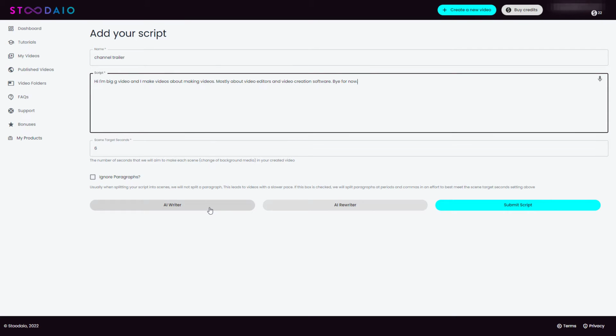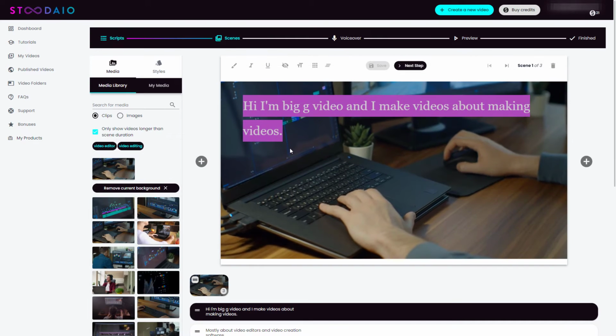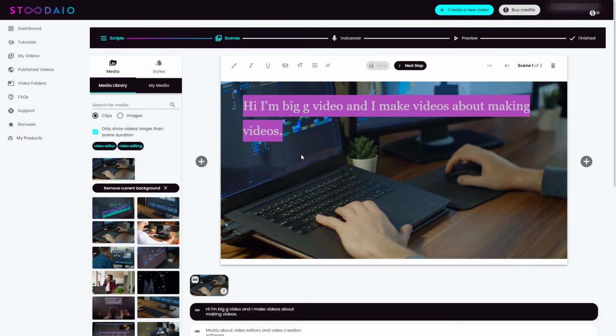And what we can do in Studia is we can pick AI Writer, and I'm not going to do that in this case, but if we pick AI Writer, we give it some keywords, it costs us a credit, the script is written by AI. I'm not going to do that today though. We can also speak the script and it gets typed in here. So if I click this button, what I say gets converted into text, which is quite useful. So I'm going to submit my script. It tells me it's going to cost a credit. So you can see it is a similar thing to Pictory AI.